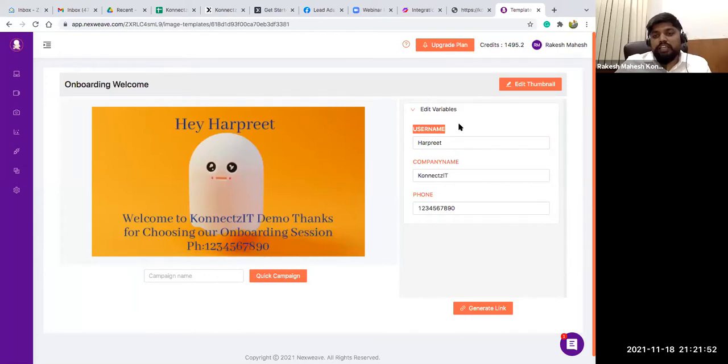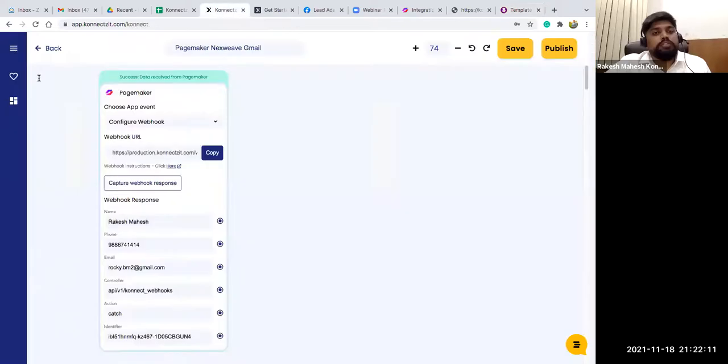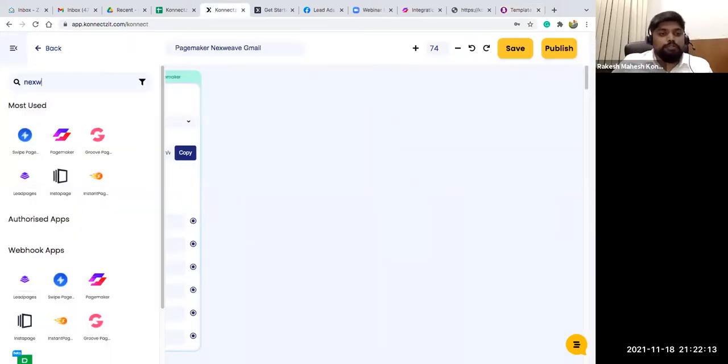Basically I can pass variables and get an image like this for any of our users. Right now these three are variables, so I have an option to fill them. I'll show you how to generate a personalized experience. I'm just giving it for my user, and I typed NextView.